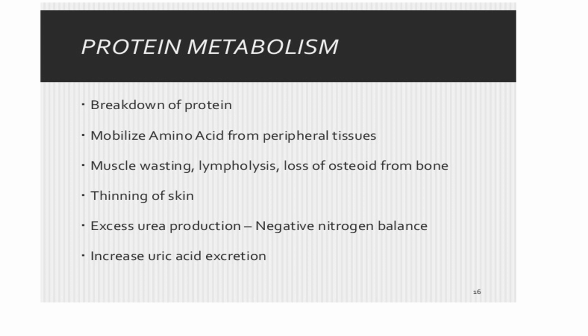So if I summarize the protein metabolism of corticosteroids, they cause protein breakdown, that is a catabolic effect, and mobilize amino acids from peripheral tissues. Now depending upon the site, if it is a muscle, it causes muscle wasting. If it is the bone, it causes loss of osteoid from the bone, and if it is the skin, it causes thinning of the skin. As a result, there is excessive urea production leading to a negative nitrogen balance. Also uric acid excretion increases. Okay,